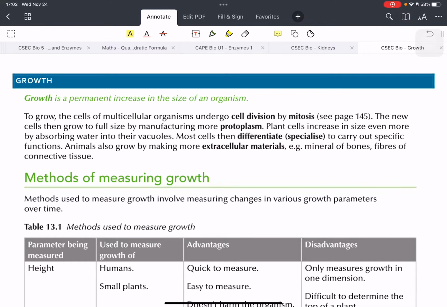Hi, welcome everyone. So in today's class, we'll be doing a very short video on growth in plants as well as animals. Alright, so we said that this was going to be a very short topic, so